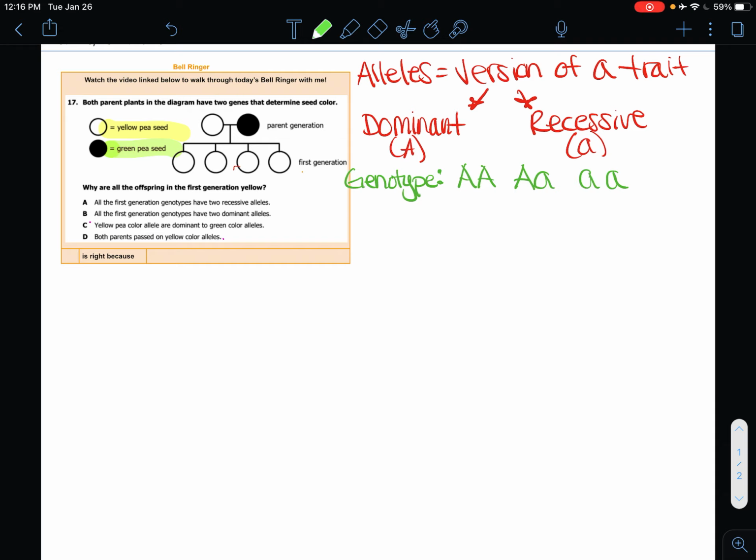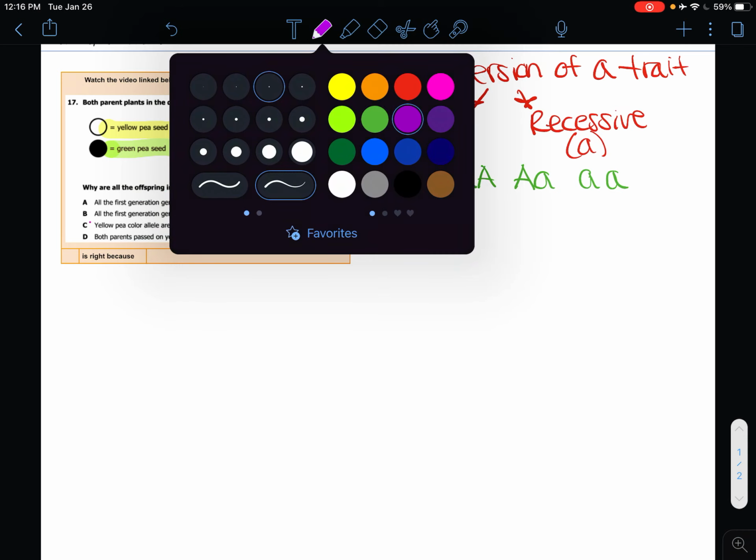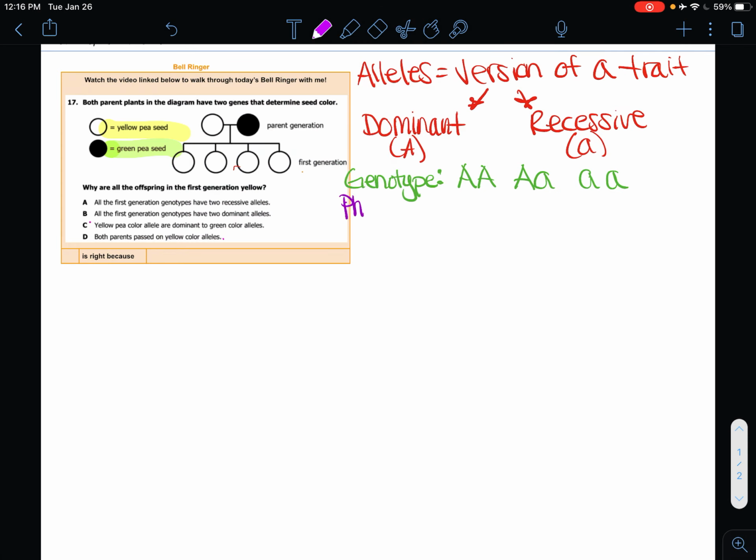So the thing about the genotypes is they determine what you are actually going to see in the phenotype. And again, the phenotype is the actual trait that you can see with your pretty little eye, okay? So as long as you have just one dominant allele present in the genotype, you are going to see the dominant